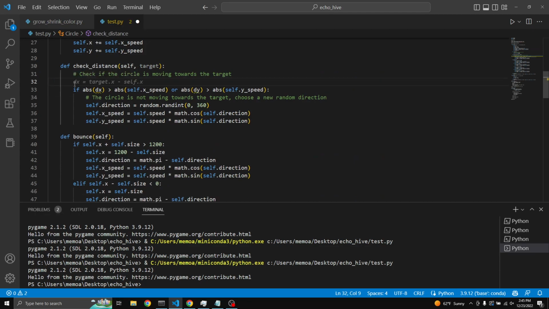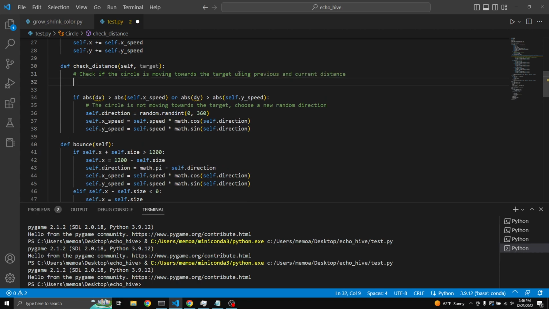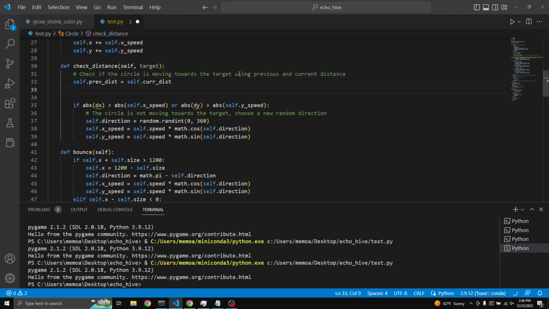Let's see what GitHub Copilot comes up with, using previous and current distance. Yeah, so this should do it. See, because what we do is we're going to get a current distance, but before we do that, we set the previous distance to our current distance, and then we calculate the current distance, and then we do,